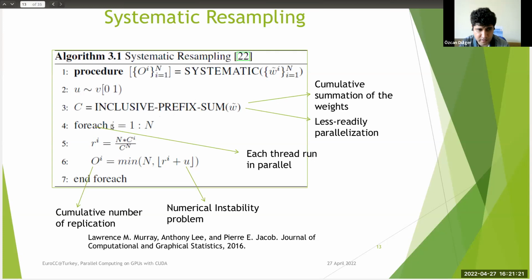There is no dependency between the iterations of the for each loop here. So each thread can run in parallel on the GPU. This part is okay, but